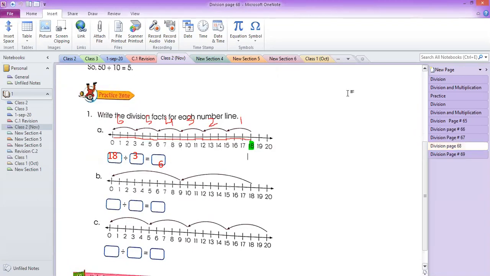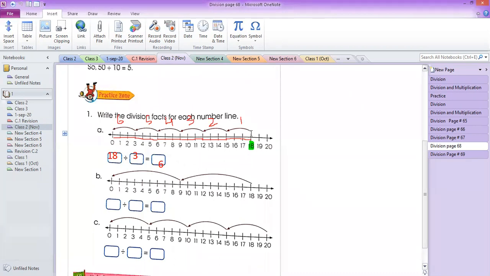in the practice zone. Write the division facts for each number line. So you are given here a number line and you have to write the division sentence. What is the dividend here? What is the divisor here? And what is the quotient here? This means what number is divided, and what number is divided by what number, and what will be the answer of that number. So if you look at this number line, you can easily check what is the dividend here,